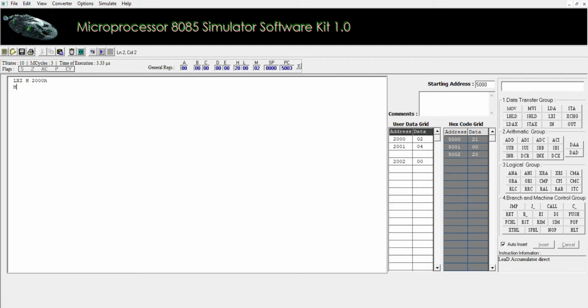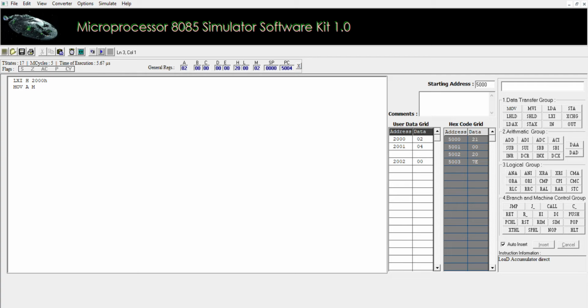Next instruction is MOV A, M. Basically, this instruction copies the data of the M register to A. A is the accumulator. It is a one byte instruction. As you run the program, we see here the MOV A, M hex code is 7E and data from M is copied to A. It copies the content of the M register to the accumulator.